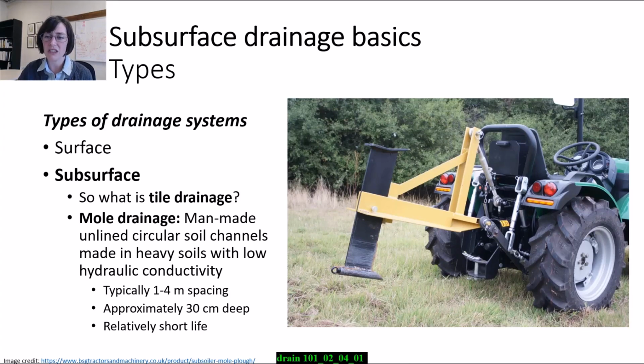The advantage of mole drainage is that they're cheap, and so that they can be installed with relatively close spacing and relatively shallow in the soil. So they're typically 1 to 4 meters apart and usually about 1 foot deep, which is much shallower than our tile systems here. We'll talk about that in another couple lessons. The downside with mole drains is that they don't last forever, and you typically have to redo them every couple of years. Remember, there's no pipe that you're putting in. It's just a channel that you're forming with this little foot implement in the soil. And again, you have to have the right soil type to do this.